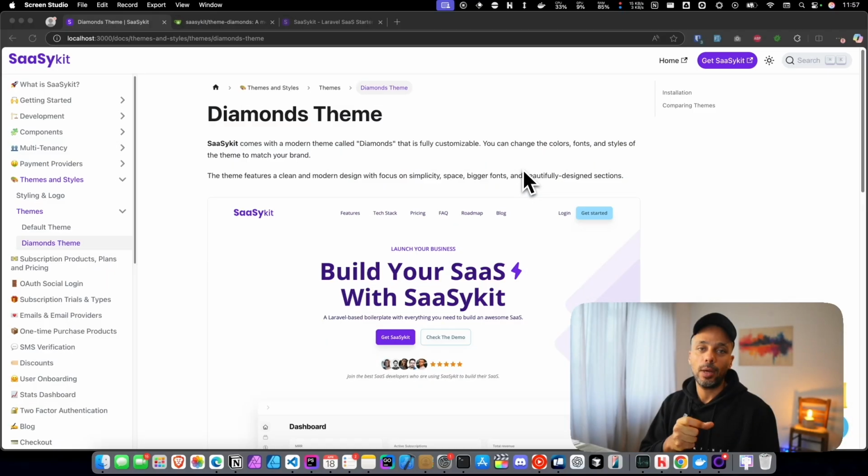Hey guys, over the past few weeks I have been working on adding new themes inside SaaSykit, so you as a user could also have the possibility to choose between multiple themes. Until now, SaaSykit shipped with only one theme, which is the default theme, and that is serving as a